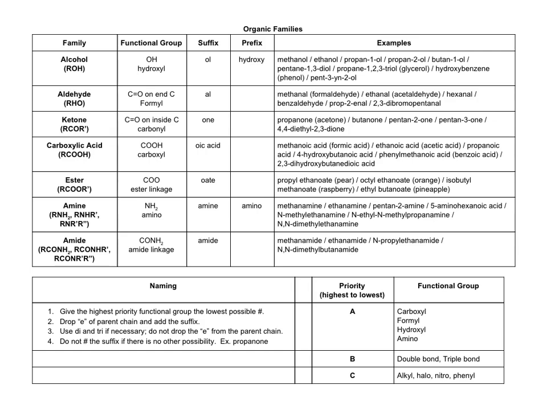Okay, organic families. Organic families are groups of molecules that have common structural features, so common groups of atoms. The group of atoms that is common to each of those molecules is referred to as the functional group. So you'll see in the first row here with examples, I have methanol, ethanol, propan-1-ol, propan-2-ol, and so on. All of these molecules here are all members of the alcohol family, and that's because they all have a common